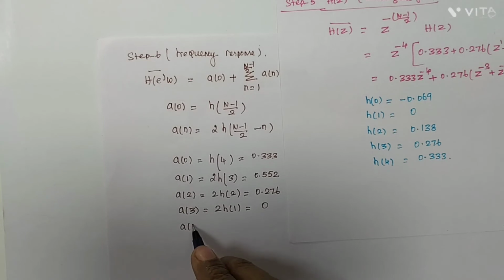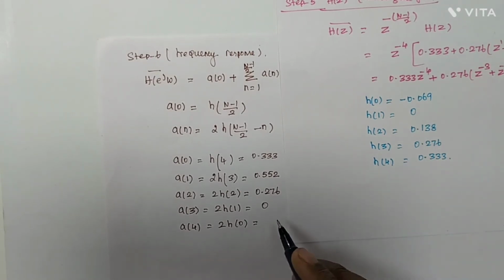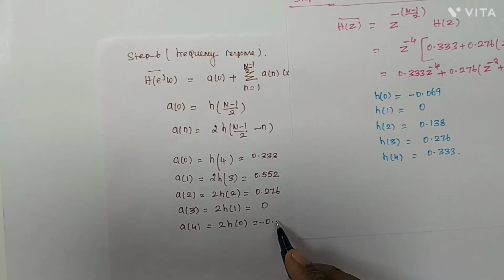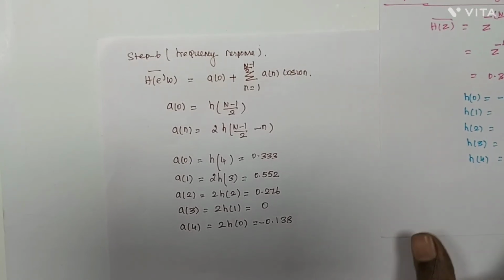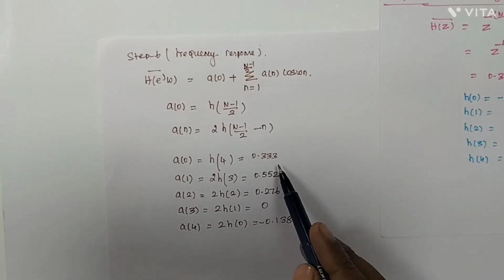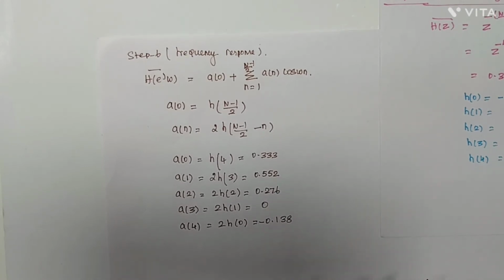A of 4 is equal to 2 into h of 0. That is, h of 0 is minus 0.069 and this value is equal to minus 0.138. So we found the filter coefficients as a of 0 is equal to 0.33, 0.552, 0.276, 0 and minus